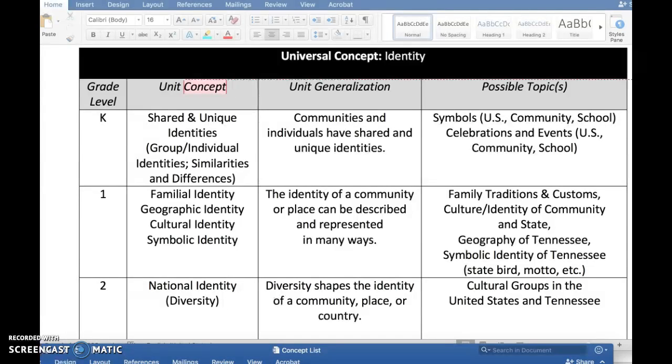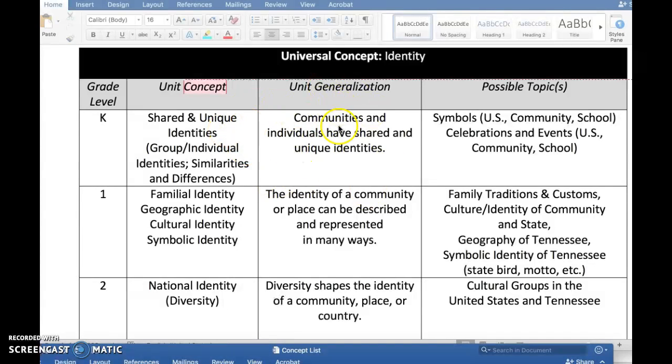But I do think that the idea of identity is something that primary grades teachers talk a lot about implicitly anyway. The idea of, what do we have in common, and what's shared among us, what's unique, how are we similar, how are we different. So that's why in parentheses here I was trying to spell out the more kindergarten-y way of saying this concept of identity.